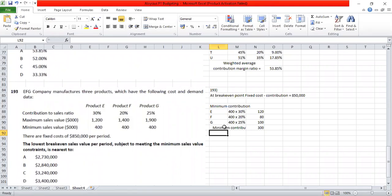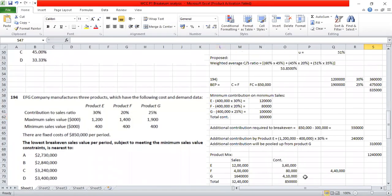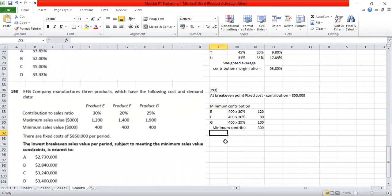So considering the minimum constraint part of it, which is satisfied here, this anyway has to be satisfied. The rest of it has to be earned by these products only. So some more contribution will be contributed by the other products. So there are totally three products, E, F, and G. When the three products are there, first part of it, the minimum constraint part of it, is taken care of. So how much more